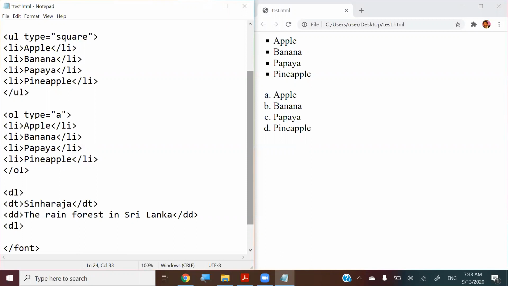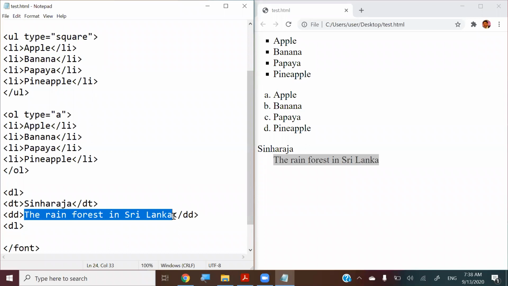If I save it and refresh my web page, see how it happens. Your definition title appears in this manner, and the content appears indented like this. And if I duplicate this content to get the nature of a paragraph,